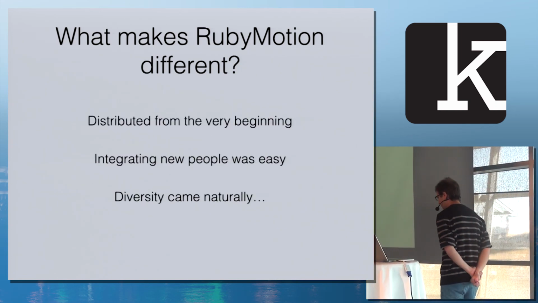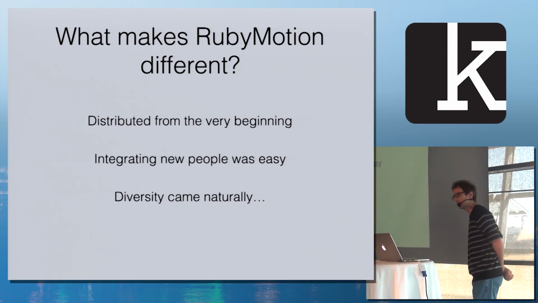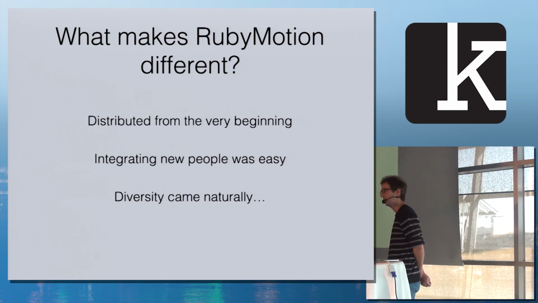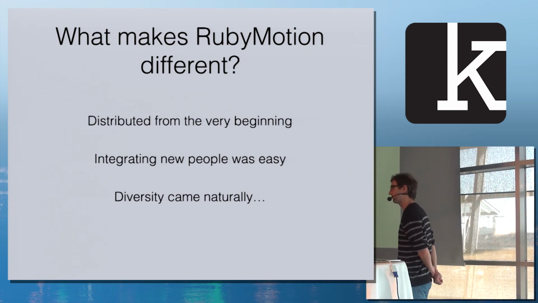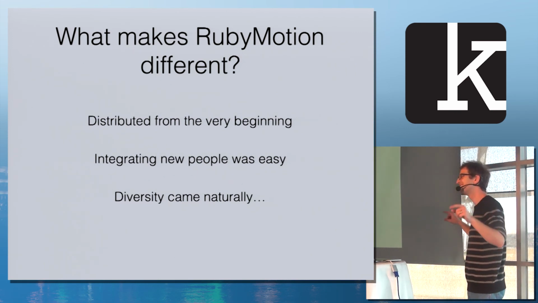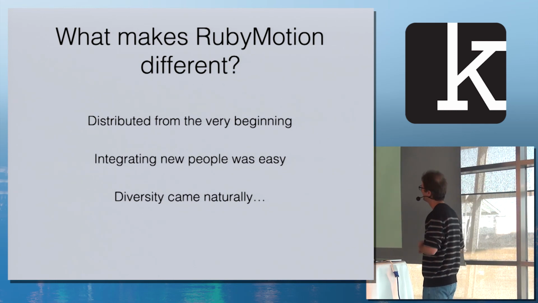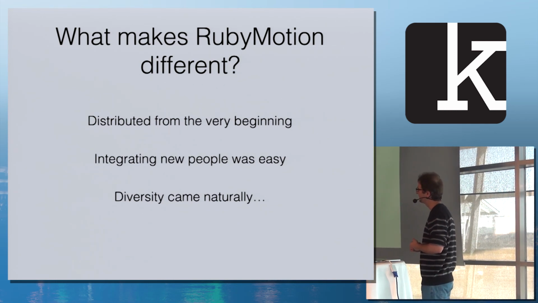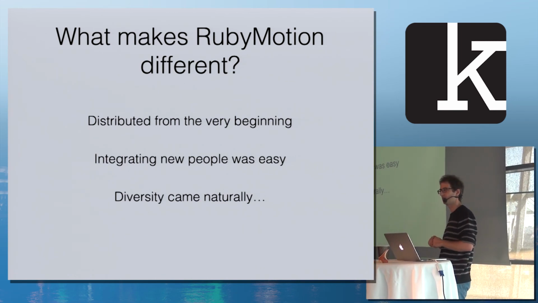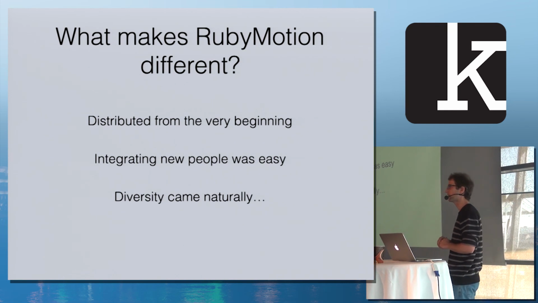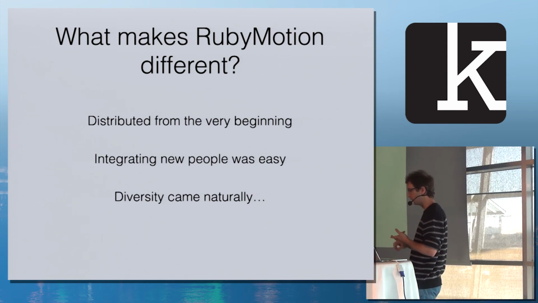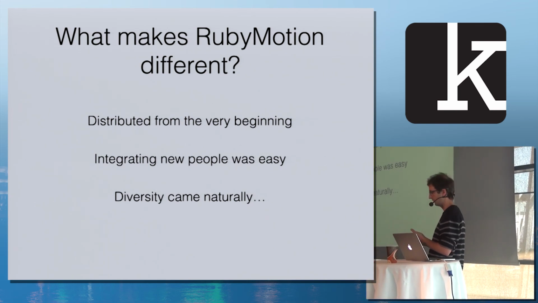The other thing that makes RubyMotion a little different is RubyMotion's history goes back to MacRuby, which was a project that Laurent started at Apple. And I was at Apple at the same time. But even though we were both in Cupertino, we were in separate buildings. So we didn't see each other most days. And he had prior connections with the open source community, so he reached out to some friends from the open source community to help him out with this project. So by the time I joined the project, he already had a developer in Tokyo, a developer in Amsterdam, the two of us in Cupertino,